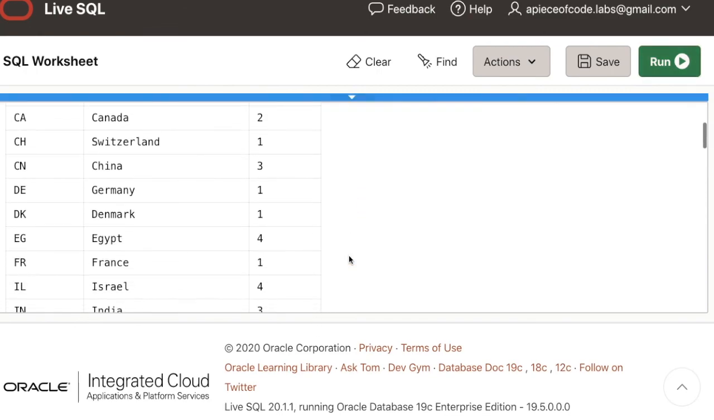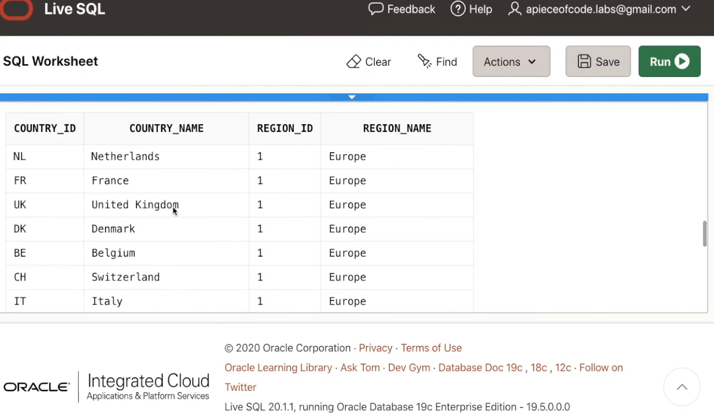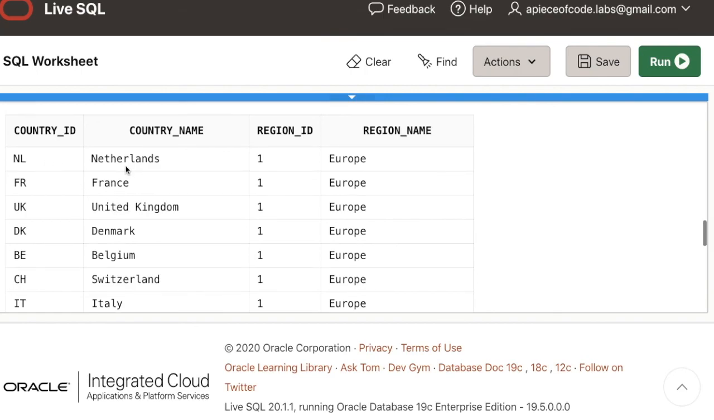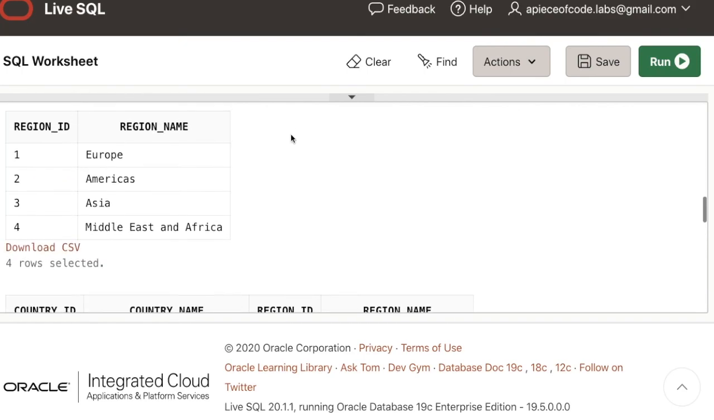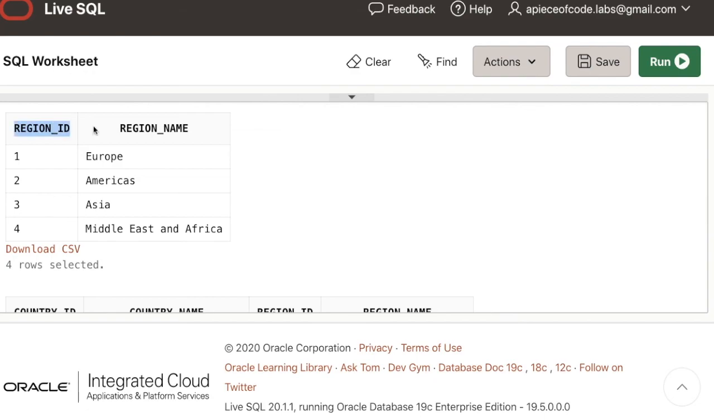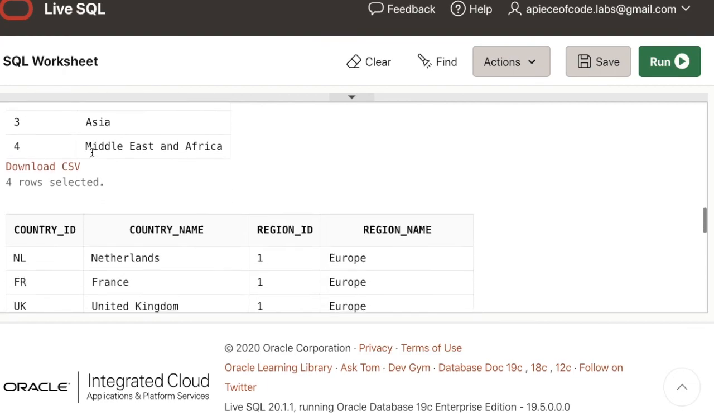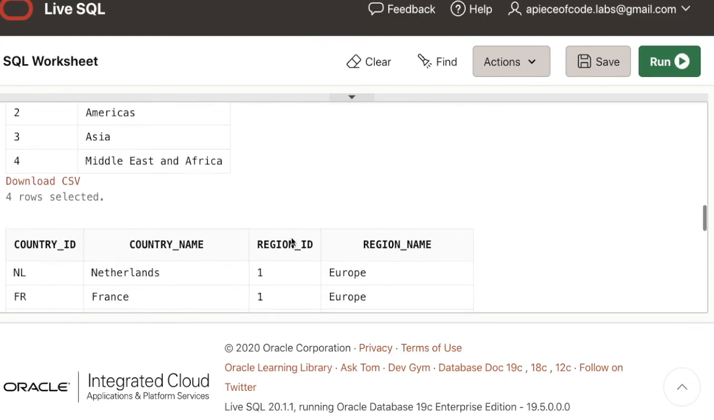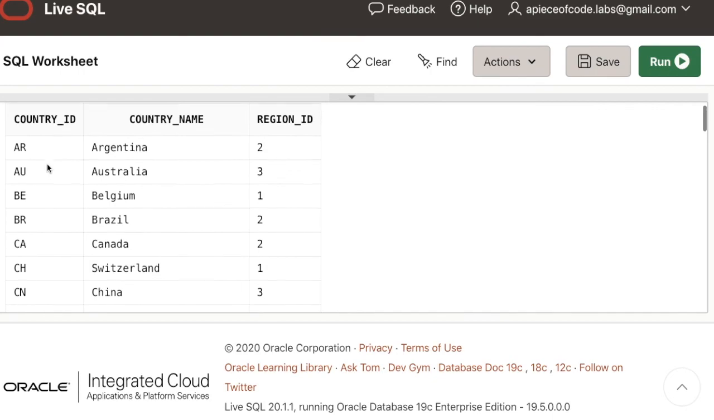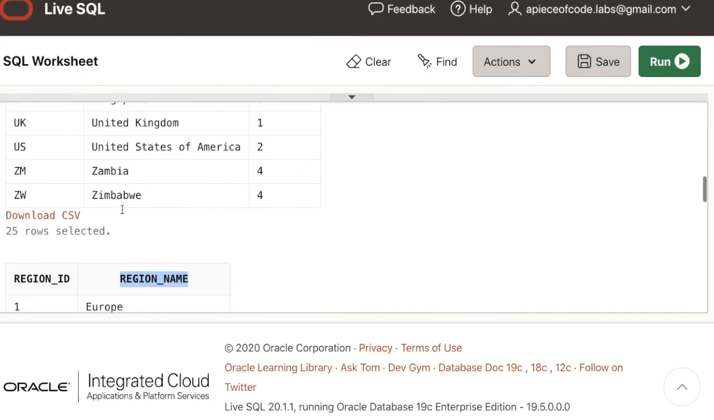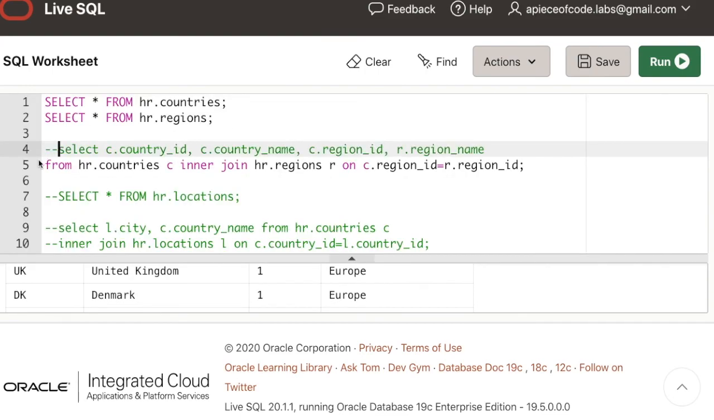So this is our first query, this is our second query, and this is what we wrote. And you see that it joined the country table with the region table. In our region table, which is this one, we don't have any country columns, right? And when we used inner join, we were able to join this table and this table. Okay, so now it shows only the matching values from both of these tables. I'll comment out this query,